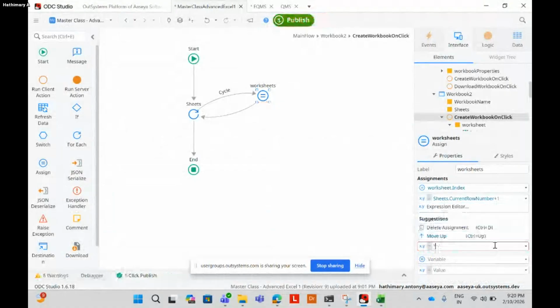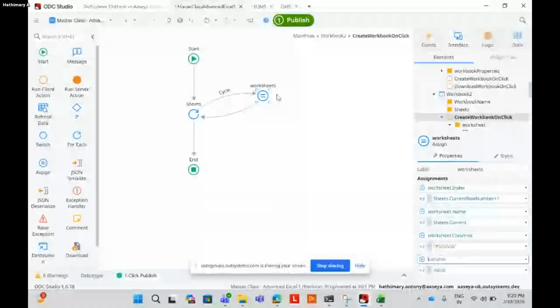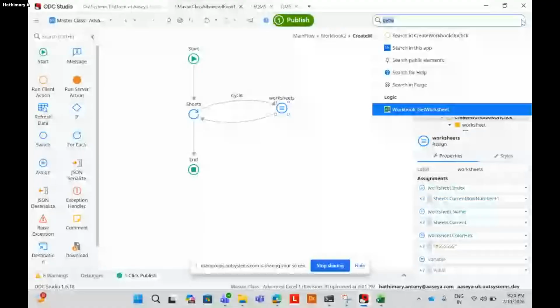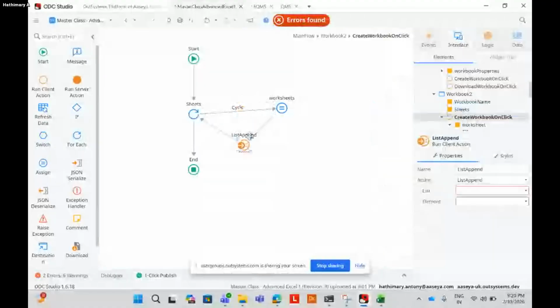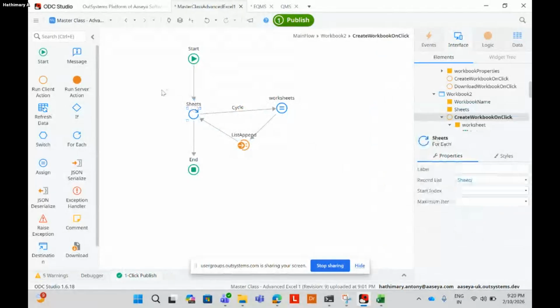And for the color hex code, for now I'm just putting gray for everything. So you have to put a 6-digit hex code. This is a single worksheet, and then I will append this information into a local list called worksheets. For example, my sheet names are sheet 1 and sheet 2.